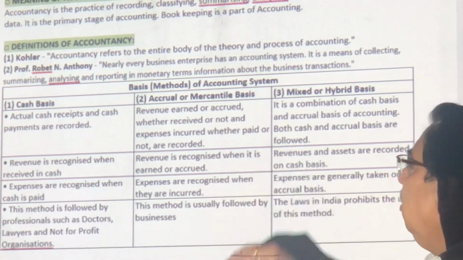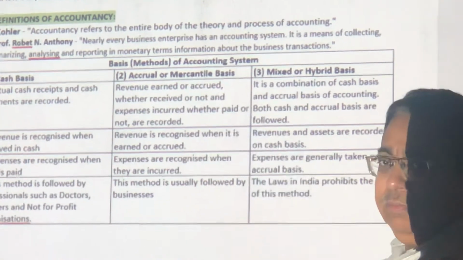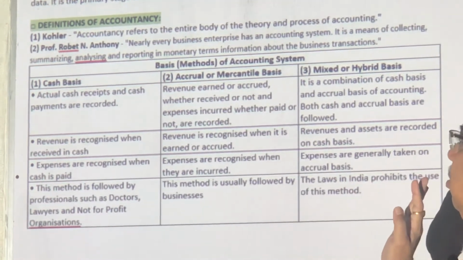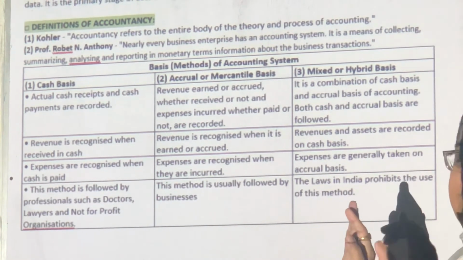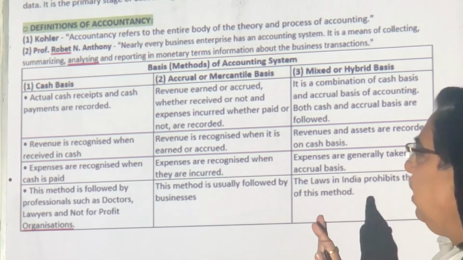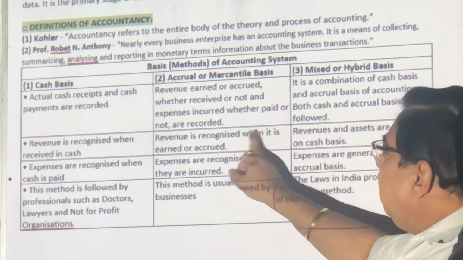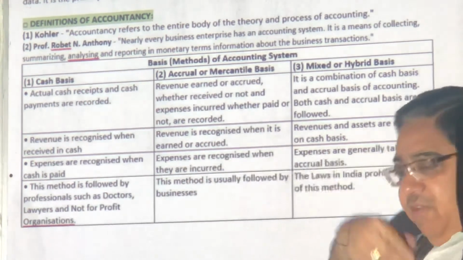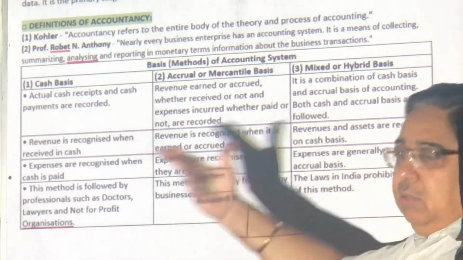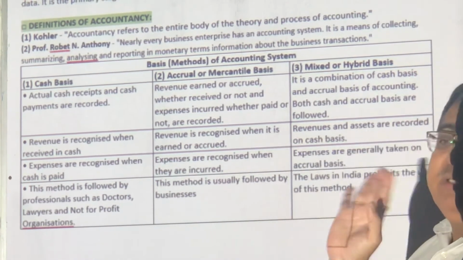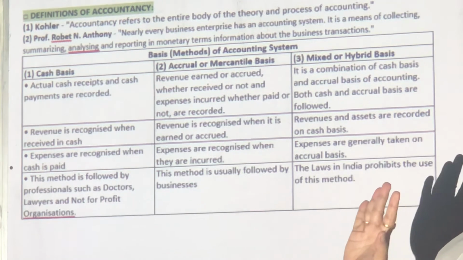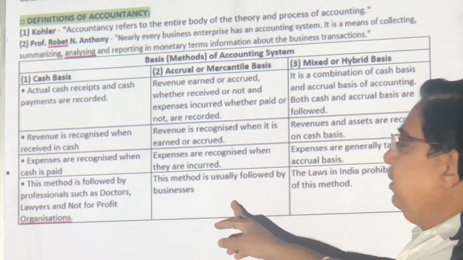Accrual or mercantile. All business follow this. When I earn or will earn, okay, I will write. So if I sell, I will write in the books today and assume the money will come to me. Now, when I earn or I get confirmation from you, I will say I have earned, and opposite of that, I will write my expenses. So electric bill is going to come after 1 year. I may already plan in the beginning of the month also. No problem. So businesses work like this.